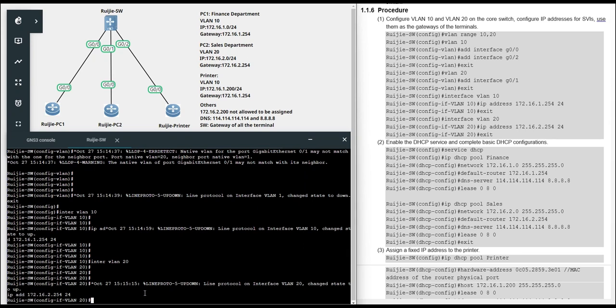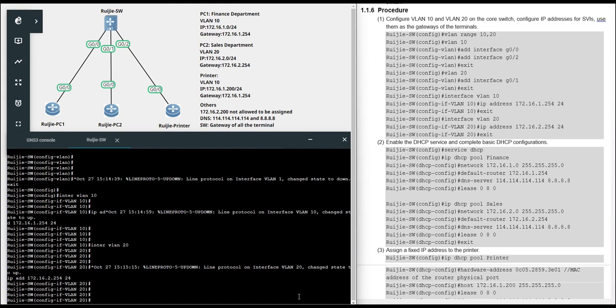Maybe when you practice creating the SVI interface, there is a warning, right? It will show you the status is not up, because this is a logical interface. When you create it and you also have a physical interface to allow VLAN 20 to pass through, like an access interface, then the status will become up. There is also a warning to let you know, but it doesn't have any influence on your devices. So pay attention to this part. This is the basic configuration of your switch interfaces.